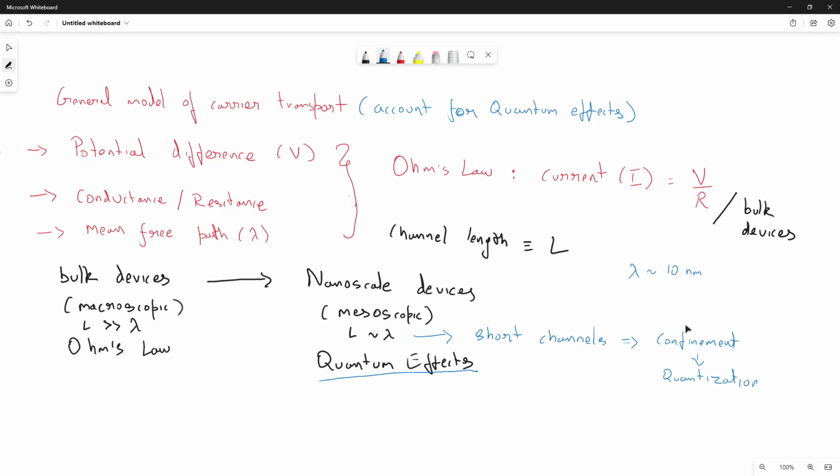So we have multiple nodes. There is a 17 nanometer, there is a 10 nanometer, and we have gone down to 5 nanometer. So even in our existing technology, being used right now in devices available in the commercial market, we have encountered this mesoscopic effect, because lambda is around 10 nanometers and we have actually gone less than lambda already. Very well said.